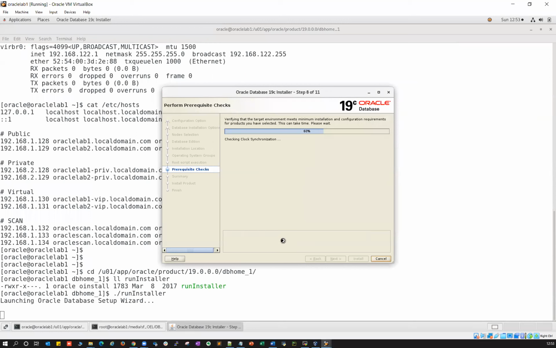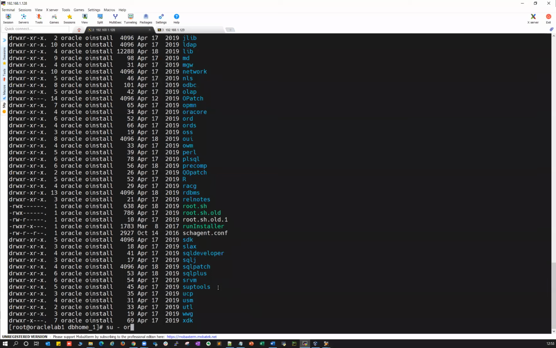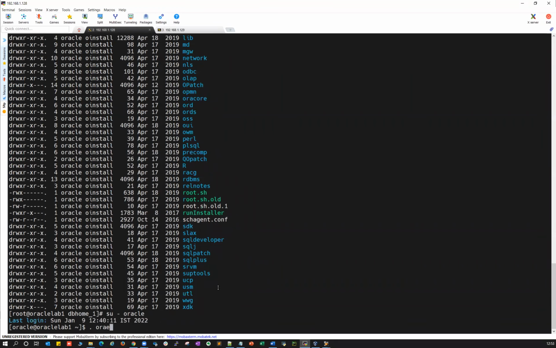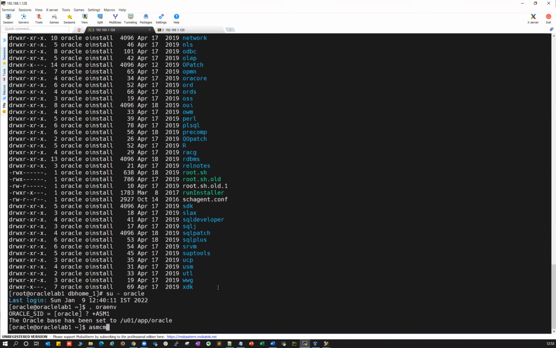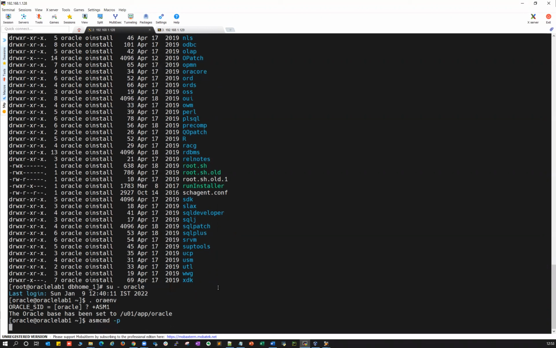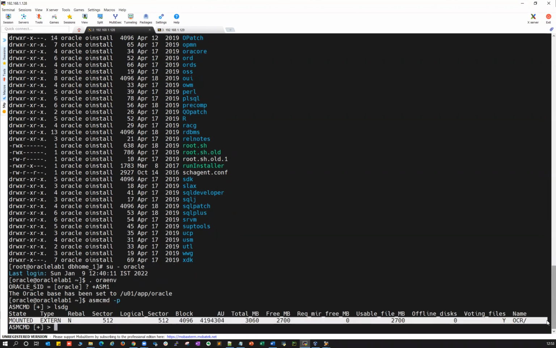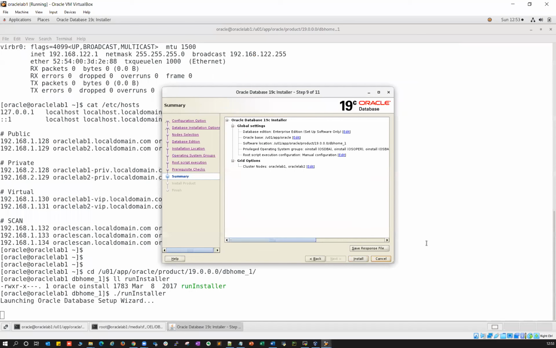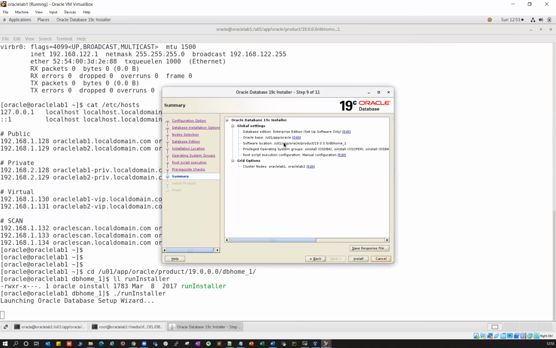Right, the pre-checks are still going on, because if I connect to my grid home, .inv plus ASM1, and then asmcmd -p, if I do lsdg, I have only one disk group. That is my OCR disk group. I don't have DATA and RECO disk groups, so I need to create those before creating the database. Right, so pre-checks are done here.